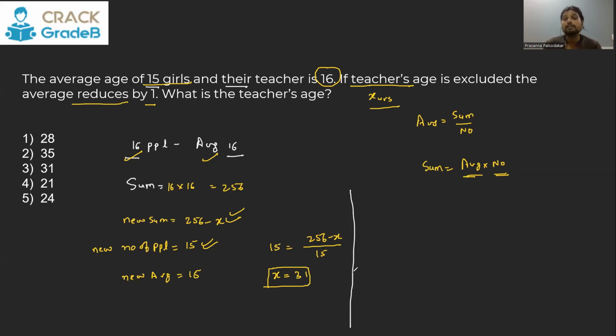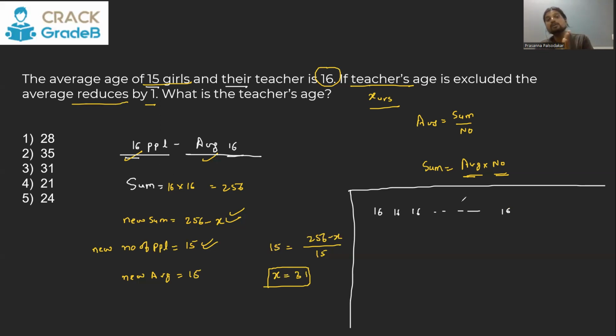But if you now think the chocolate theory way that we discussed, you can just understand that if there are 16 people currently whose average is 16, you can say everybody is having 16 chocolates with them. All the 16 people are having 16 chocolates with them because the average is 16. So as long as you are part of the group, you are part of the average, you are equal to everybody else. But as you are excluded or you leave the group, you will take your own.